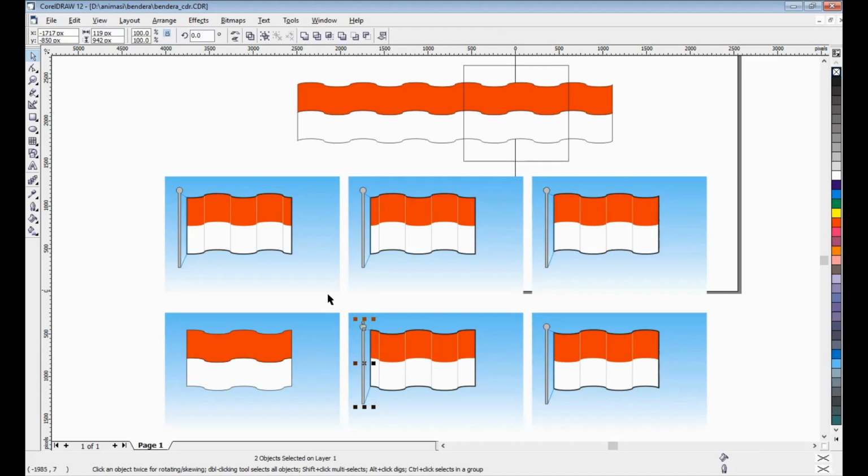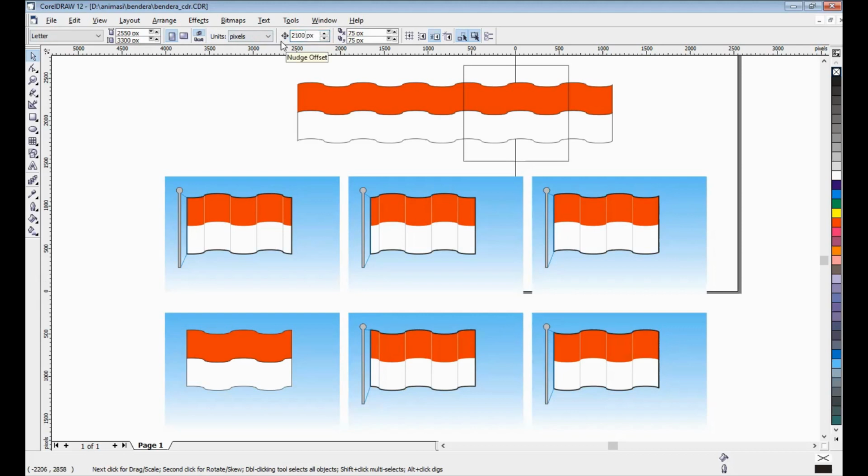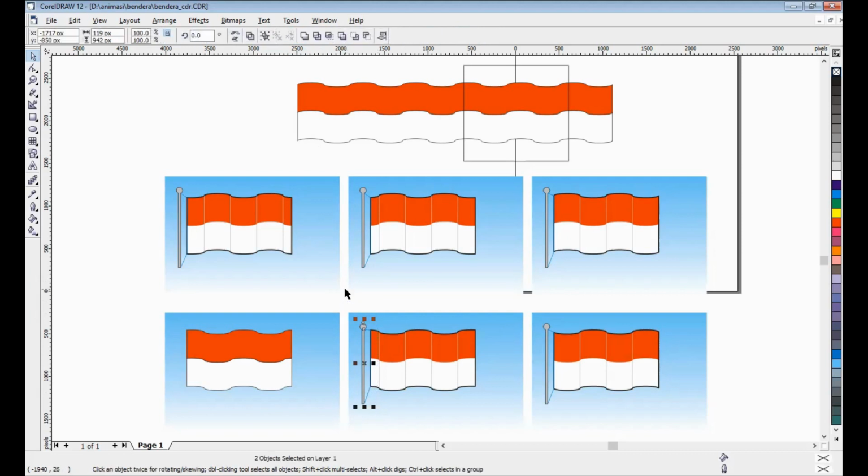Just set first node offset 2100 pixel, because I know the width, the length is 100 pixel. Okay, let's try. I want to copy, Control C, Control V, and then move here.